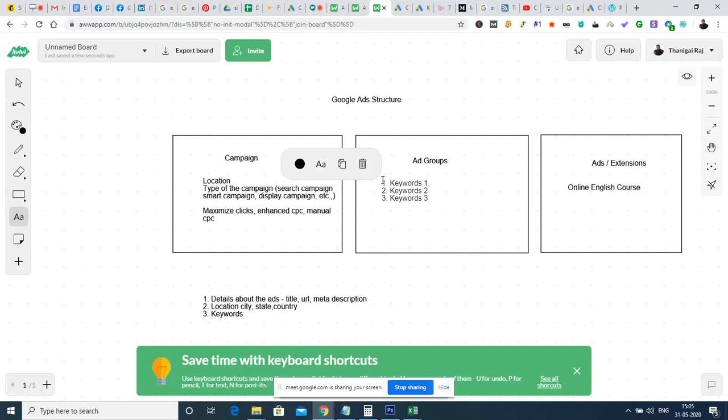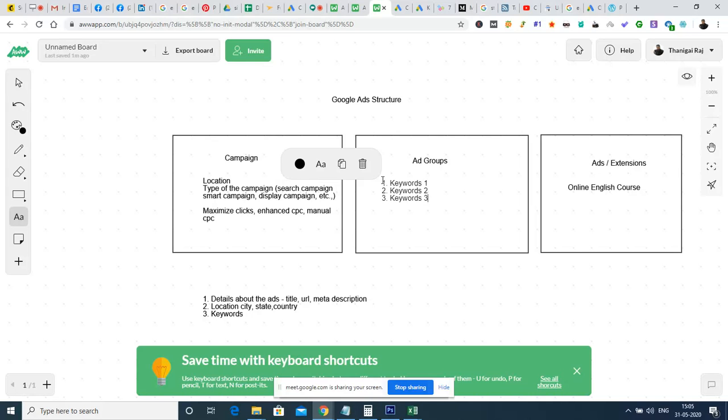So these are the keywords we can add to the ad group, and we can also configure what is the maximum cost per click that we can offer for the keyword. And similarly we can also configure how much percentage we can increase for a particular keyword based on result. If we set 200 percent, for an example, only for those keywords the impressions will be higher, the cost per click will be higher. So these configurations we will have inside these ad groups, and along with it we have the option to pause a keyword and enable a keyword.